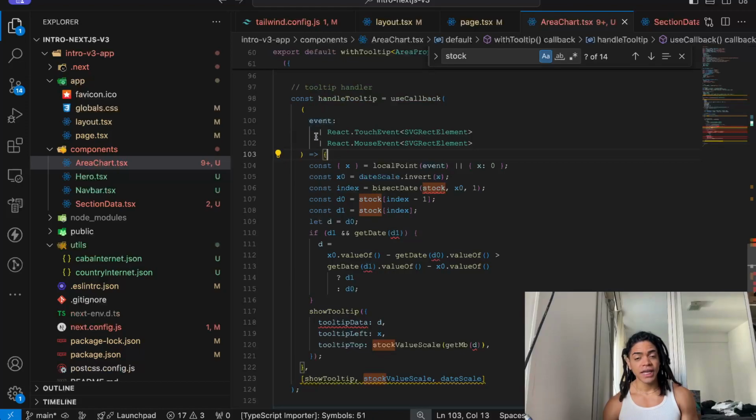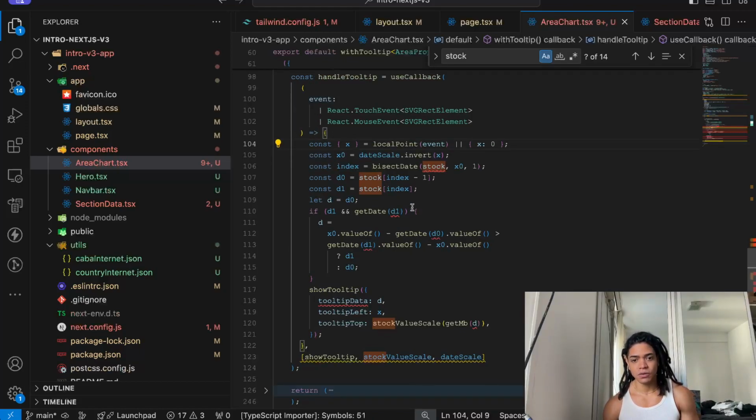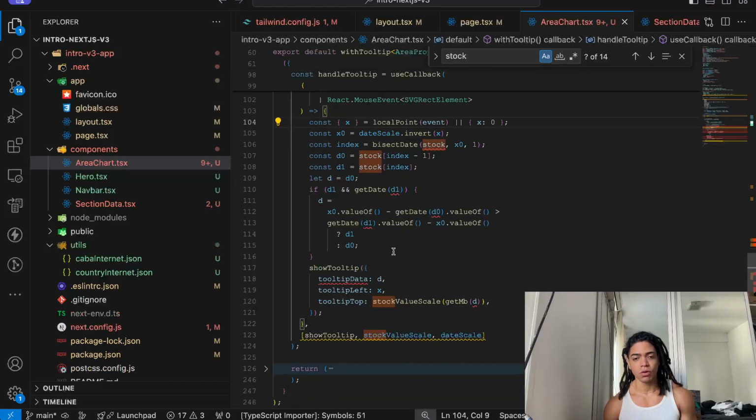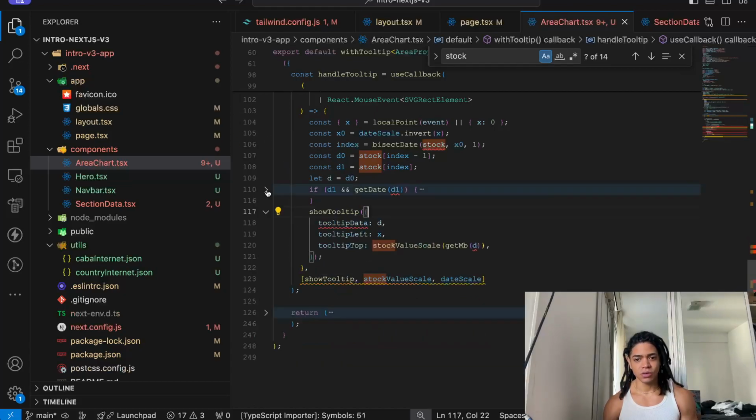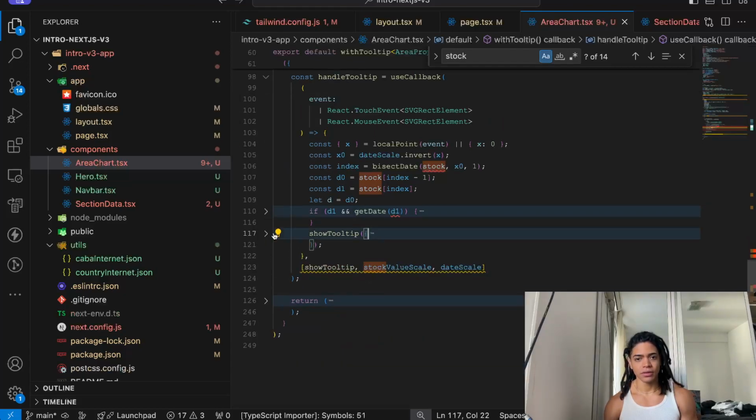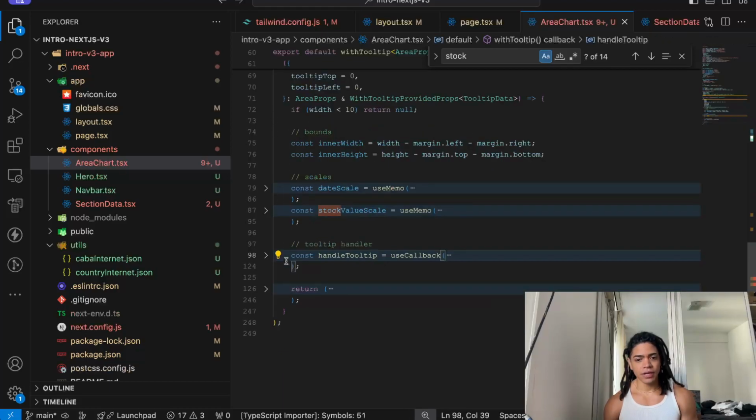And when you detect any one of them, this is what we're going to do. This is exactly all the specific logic that is being used as a way to show the tooltip and align that and populate that with the proper data. So that's quite interesting, by the way. That's totally interesting.